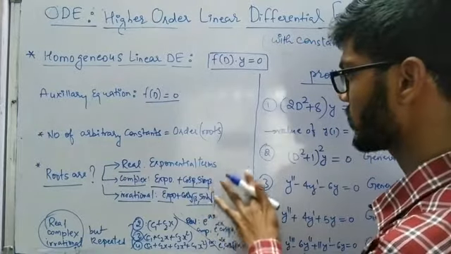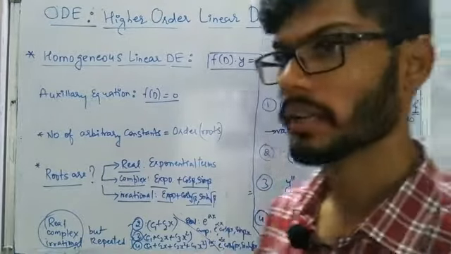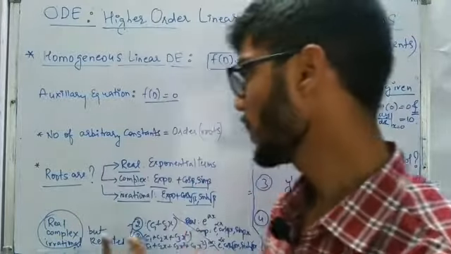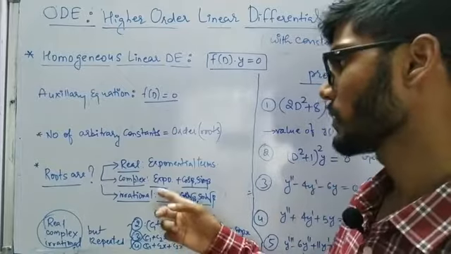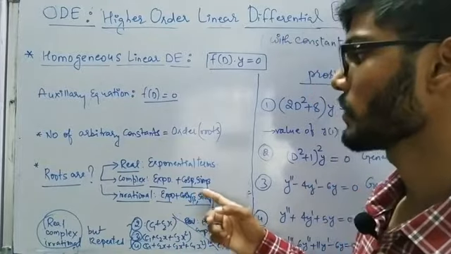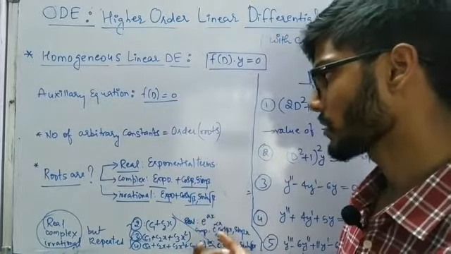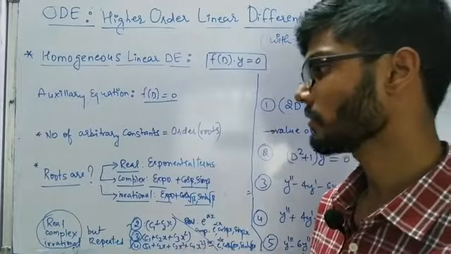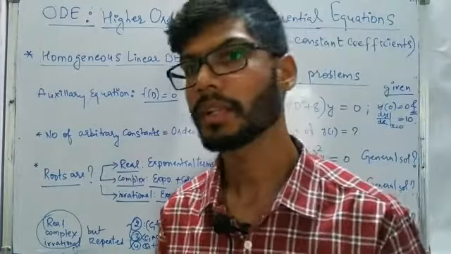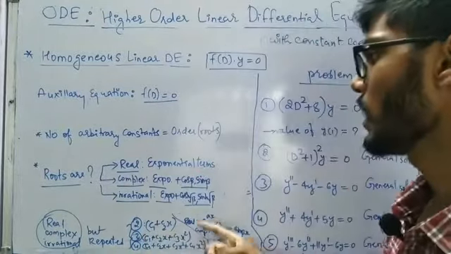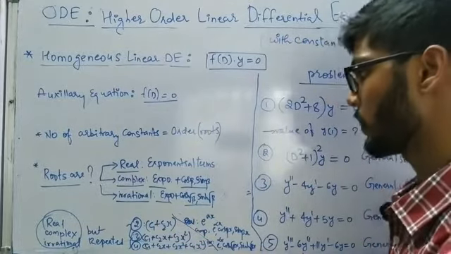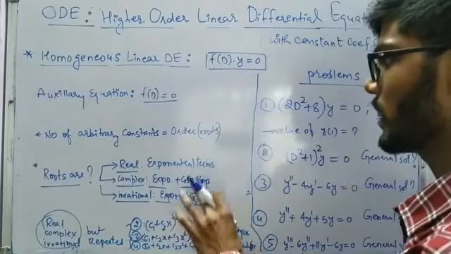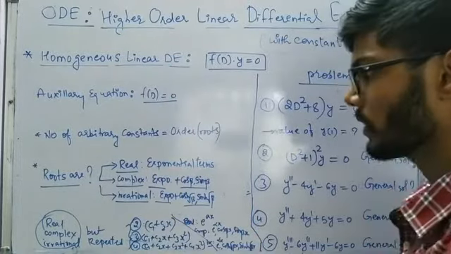So this strategy we have to keep in mind: if we are getting real roots, it means exponential terms, and for a complex root, both the real part and the imaginary part are there. Real means exponential, and the imaginary term is going to give us the trigonometric functions cos beta x and sin beta x. In the case of irrational, alpha plus minus root beta, alpha is going to give us the exponential term, and root beta is going to give us the hyperbolic terms. That we have to keep in mind. So that was our basic concepts.